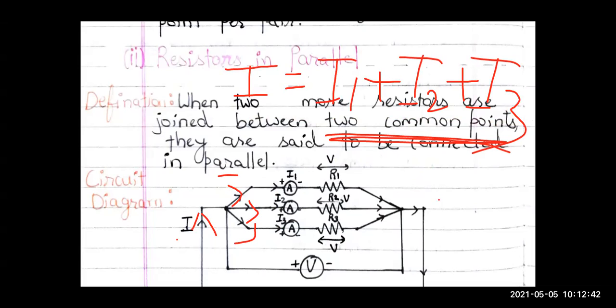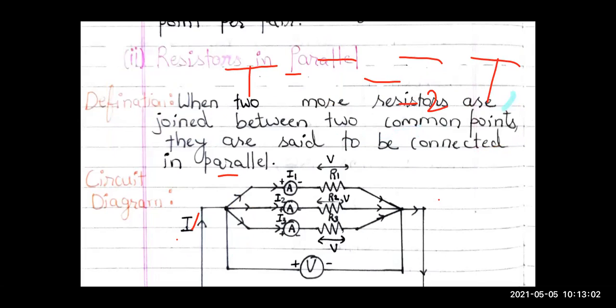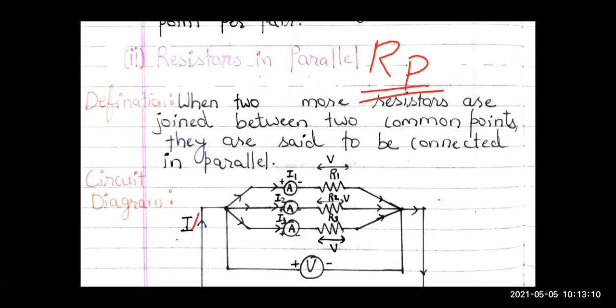Now children, here they are connected in parallel, right beta? So resistance for parallel, we will show it with the symbol Rp. In the previous case, we had shown with Rs, that is resistors in series. Here we will show by parallel, that is Rp. Okay, beta. Chalo. Now let's start the derivation for Rp. So we will get the value of Rp. That is, what is the equivalent resistance? What is the total resistance of R1, R2, R3 when they are connected in parallel?